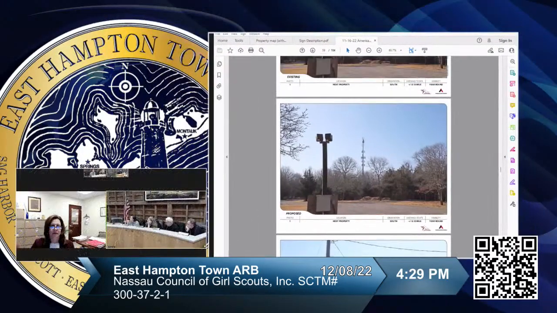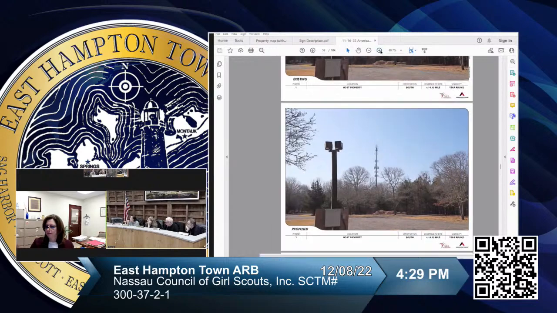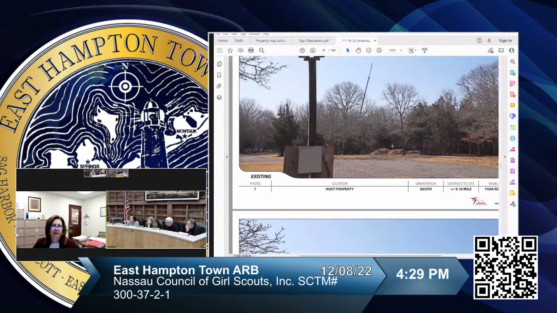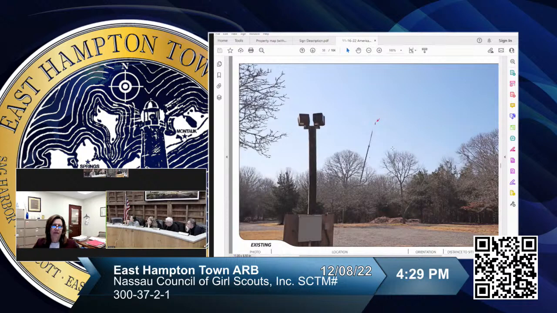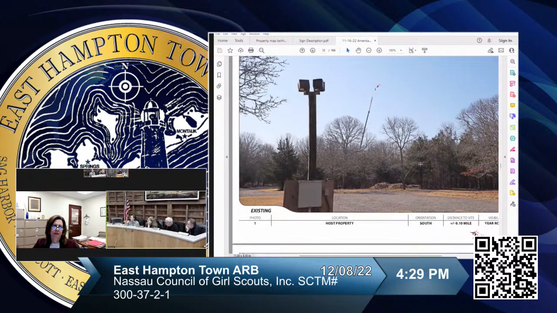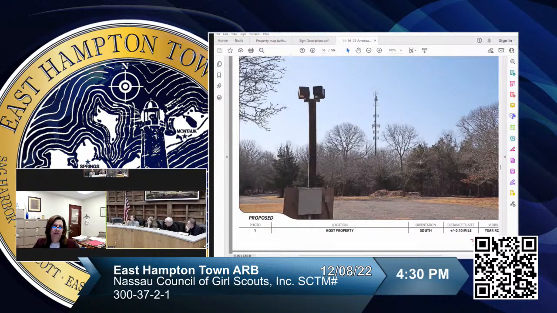They brought a crane to the site, which actually you can scroll up one there, Will. So you see this is a collection of about 30, I believe, simulations from various locations in Springs. You'll see this picture is obviously the crane that they brought into the site to prepare those visualizations. And then if you just scroll down slowly through them, this picture is taken from the Girl Scout camp itself. That is the rendering of what the tower would look like with equipment for all 4 major carriers as well as the county